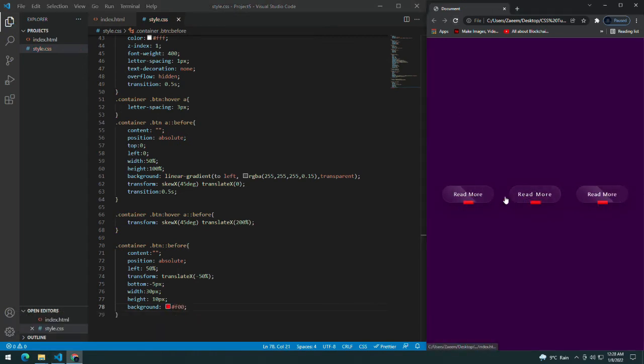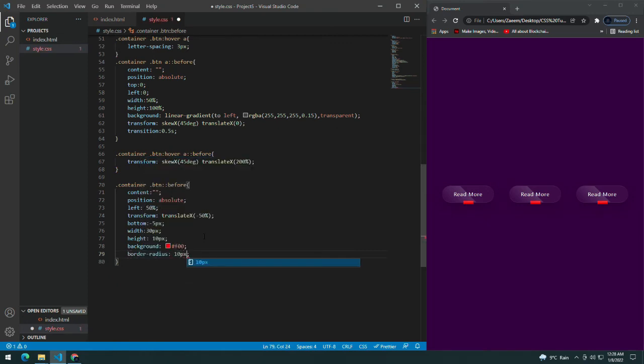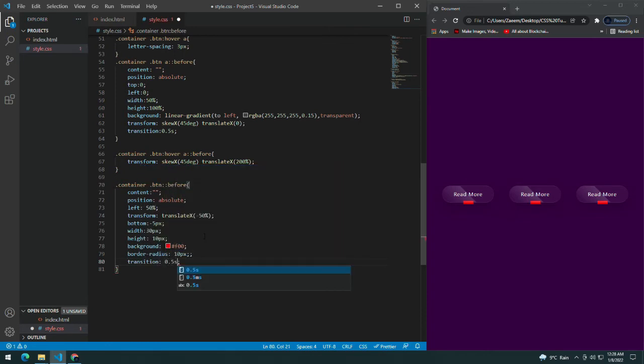Now you can see that I have already got this small thingy below the Read More button, but I will give it a border radius of 10 as well, and a transition of 0.5 second.